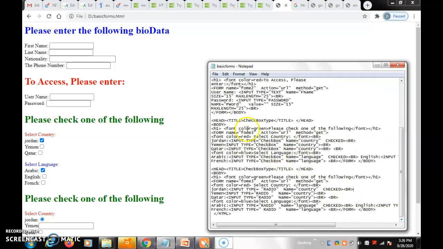This is the third. The third is a checkbox. Here see the green color text. Please check the following, and then select country now. So before that, form 3, action URL, method get, the input. Here in red, select the country. Select the country, it is red. So what are the countries? Jordan, Ecuador, and Arabic. Jordan,